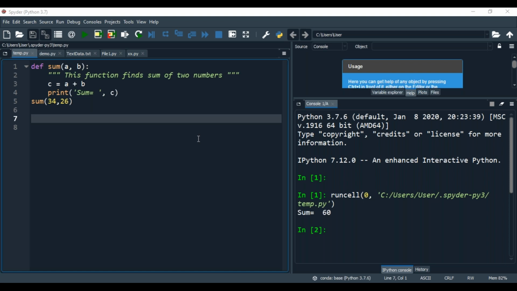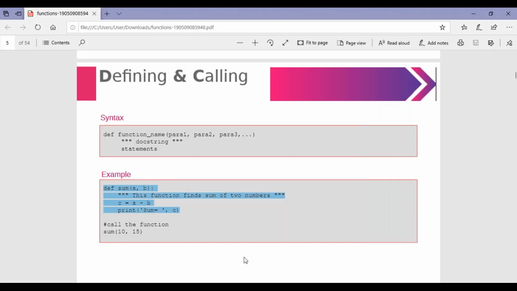Okay. Now, again, I'm going to the presentation. Right. So see, we are defining and calling. These are the definition of a function.